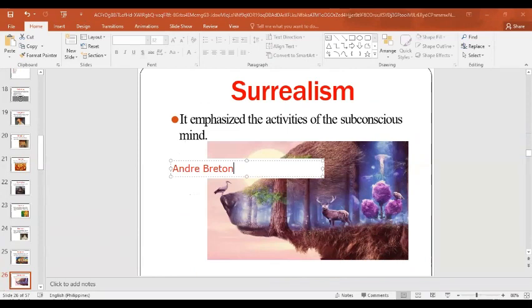However, there are also surrealist works that are far cry from cruelty and violence. Pero most of their works ay for cruelty and also violence. And last one, we also have